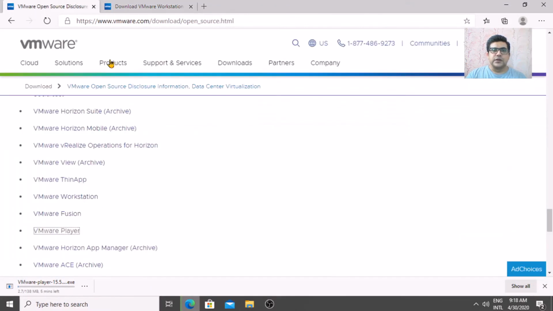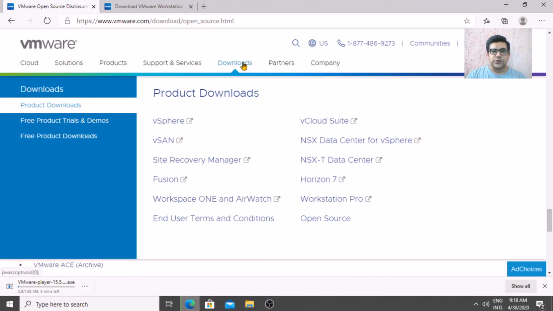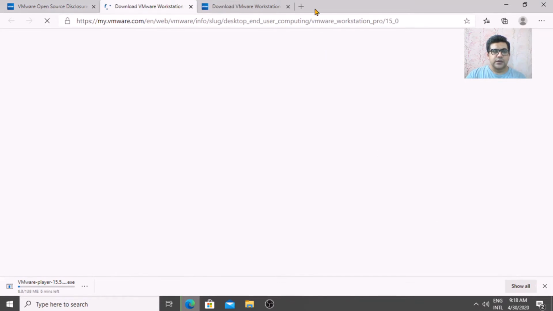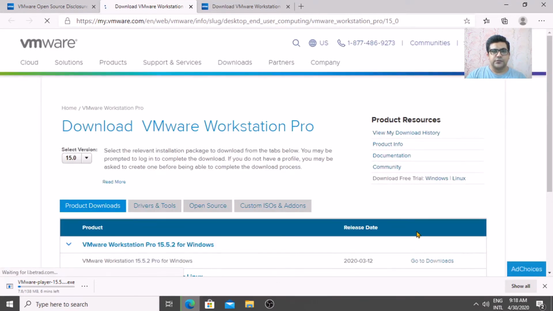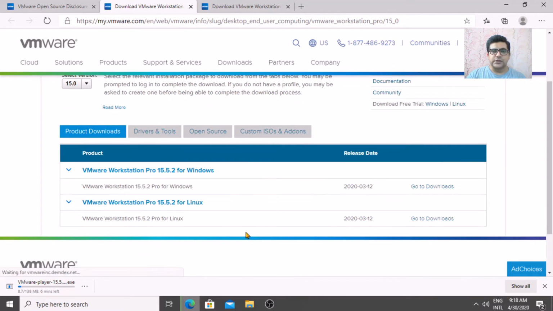Okay, for VMware Workstation, we need to come to downloads again, and there you can see Workstation Pro is available. Workstation Pro is actually a complete product, and it is a licensed product. You need to have a license for that. There's also a trial version available free of cost. Just go to downloads,